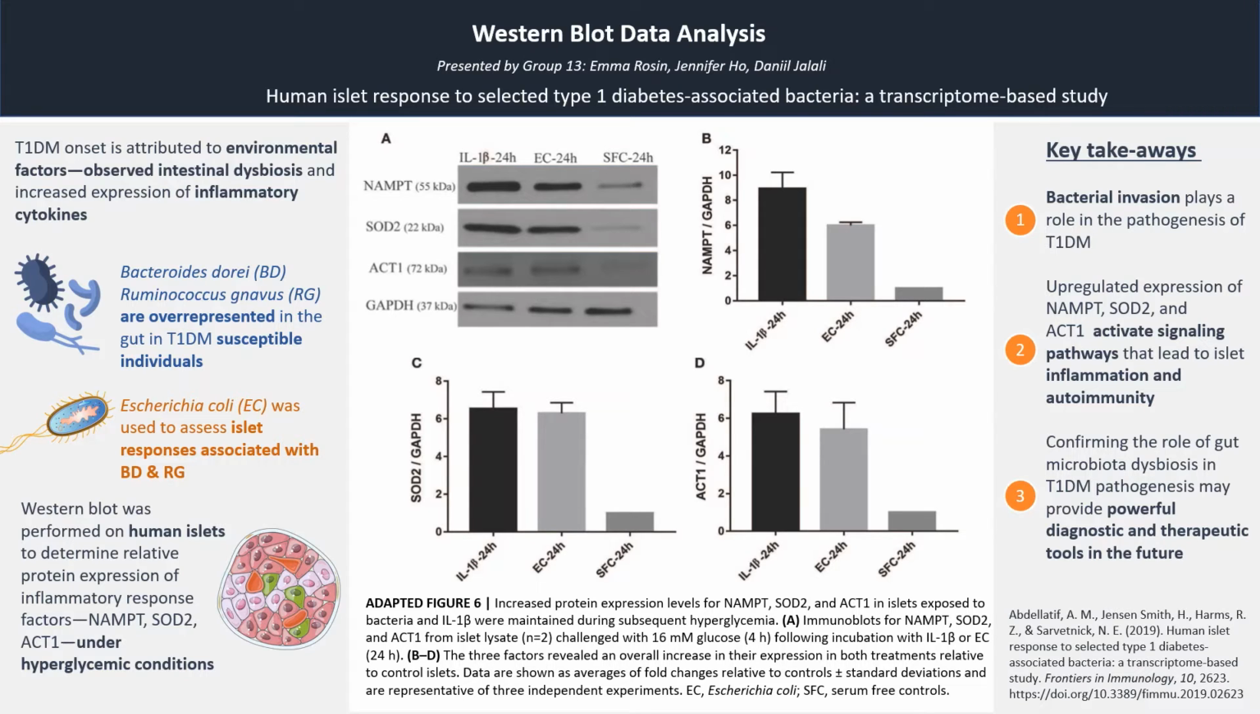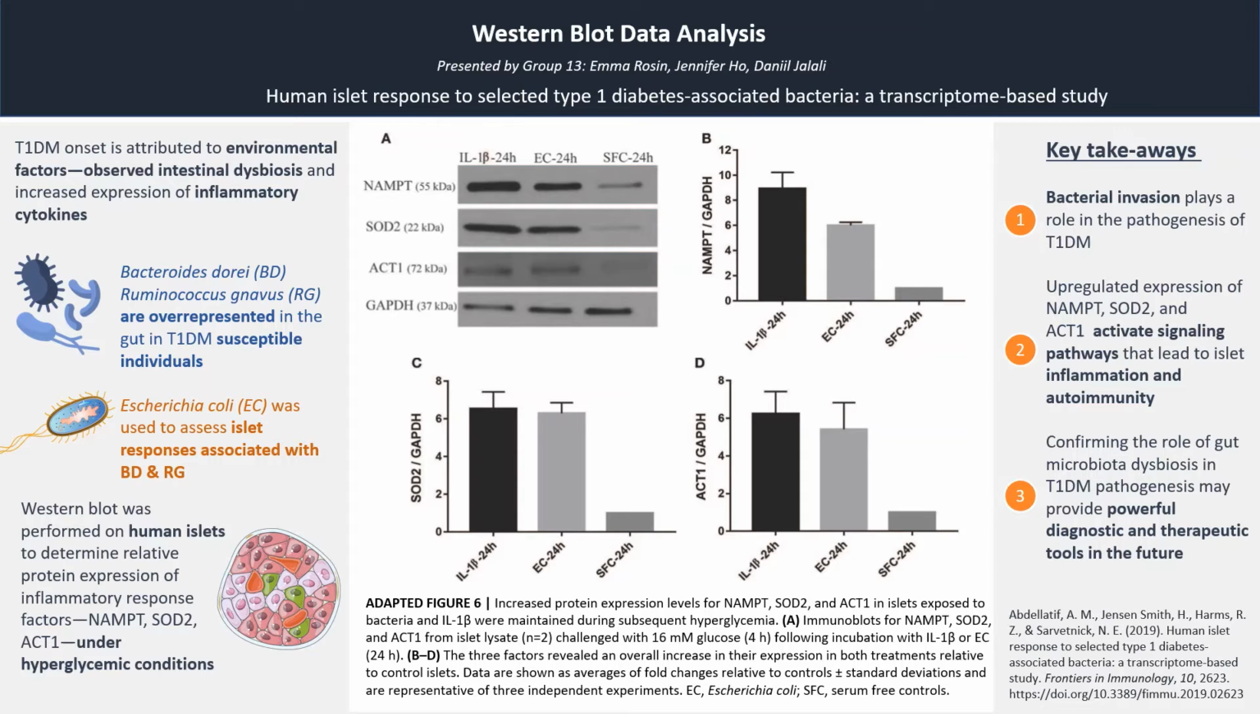This begs the question of whether bacterial invasion and gut dysbiosis play a role in the pathogenesis of type 1 diabetes through inflammatory pathways. To answer this question, pancreatic islet samples were isolated and treated with IL-1 beta, RG, BD, or E. coli. RNA sequencing was used to identify NAMPT, SOD2, and ACT1, which are three upregulated transcription factors observed